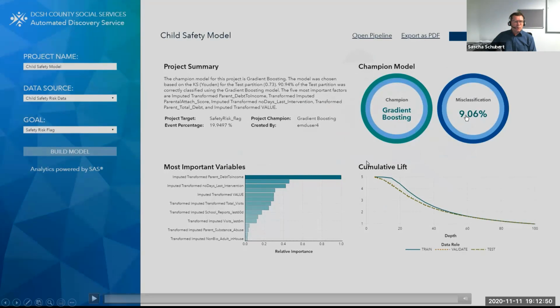We have a misclassification rate of about 9% with that model. We get a list of the most important variables that have been used in that model and the model accuracy. And obviously now you can open this. So I could open here my machine learning pipeline, go into the tool, and in a graphical user interface, if I want to, I can go and maybe try to improve and hit or beat that misclassification rate of 9% that my automated algorithm has provided to me.